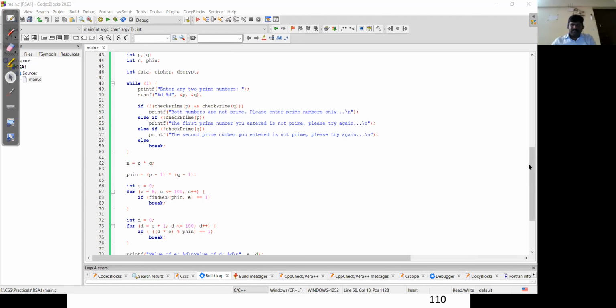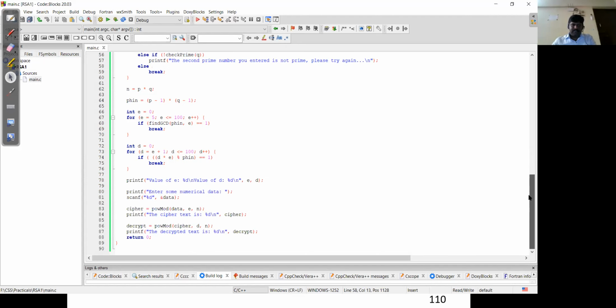I'll just take this and scroll it. Right, I was explaining that here you can select the E value randomly, and then you can check. You can increase the value. E can be selected in such a way that the GCD between this E and the pi of n should be 1, so you can select any value. Depending upon that, it can automatically select any values.